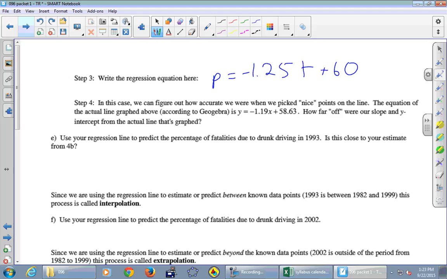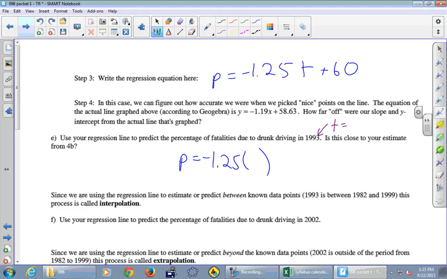It did go down each year, but how did we answer this 1993 question? Where is it? Part B on the previous page. How did we do this? We looked at the graph, and we went to 1993, and we went straight up, and then we estimated what we got when we went straight to the left. We're going to do better now, because now we know the equation, or at least something close to the equation of that line. Okay, so P equals, all right, let's try negative 1.25 times,